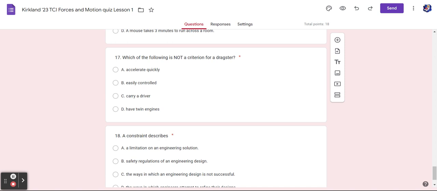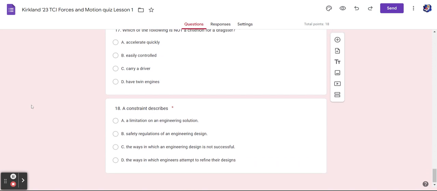Number 17. Which of the following is not a criterion for a dragster? A. Accelerate quickly. B. Easily controlled. C. Carry a driver. D. Have twin engines. And lastly, number 18, a constraint describes A,